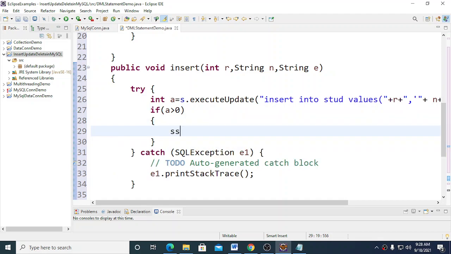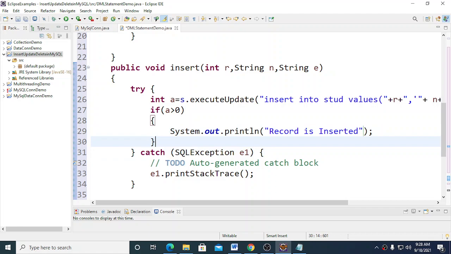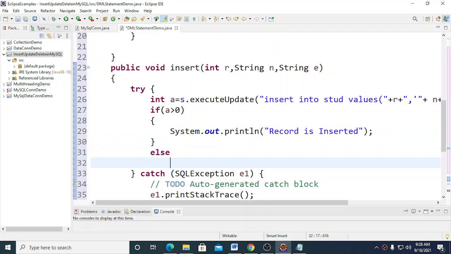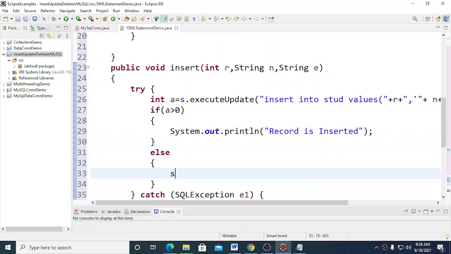So I'm going to specify the message for that: System.out record is added or inserted. Okay, now if there is a problem in insertion, I'm going to display the message: problem in insertion.